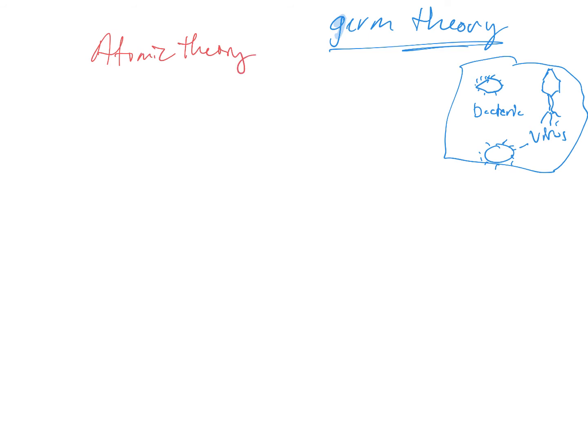So atomic theory is that in the middle of the atom, you have protons and neutrons, and these have mass. And then going around them are electrons. They orbit around, and these really don't have a mass because they're very, very light in comparison. So protons are positively charged, neutrons have zero charge, and electrons are negatively charged. So that's all part of atomic theory.